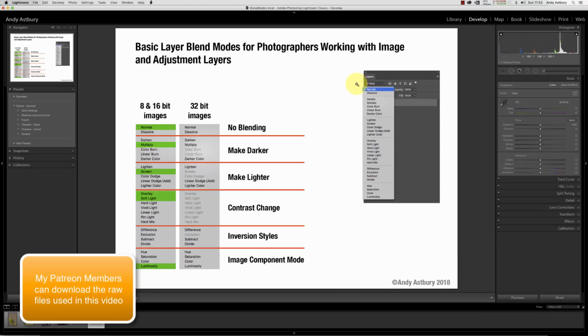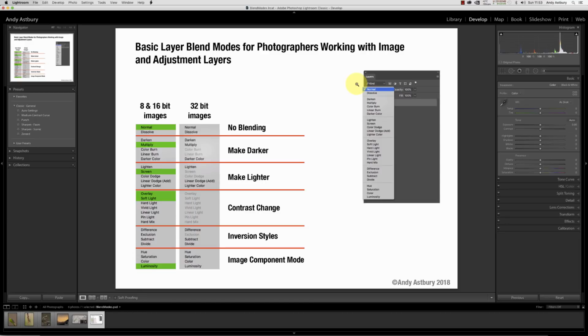One of my patrons asked me the other day if I could do something on blending modes inside of Photoshop. Now, blending modes in Photoshop is quite a deep subject actually, and there are numerous uses for different blend modes depending on whether you're sharpening or you're using a brush or you're trying to extract pixel masks from an image. It will actually turn into a very, very big subject,